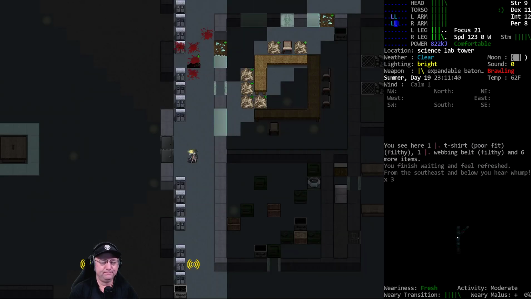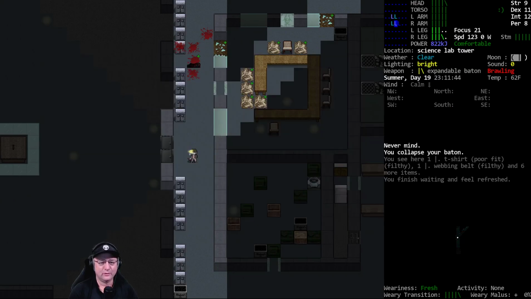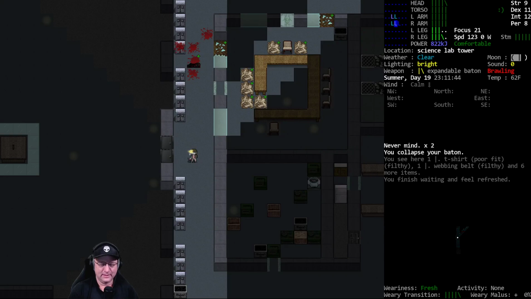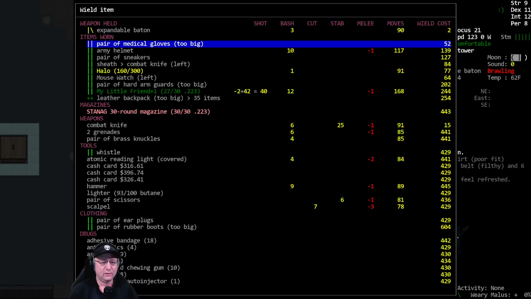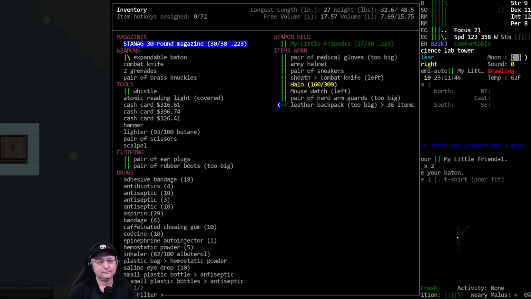Okay. Let's put the baton away, and we damaged it. Of course we did. Jeez. Things are so susceptible to damage. You'd think something made for smashing things would not get dinged up quite so fast. I think we'll go with the rifle. Do I try grenades first, or try the